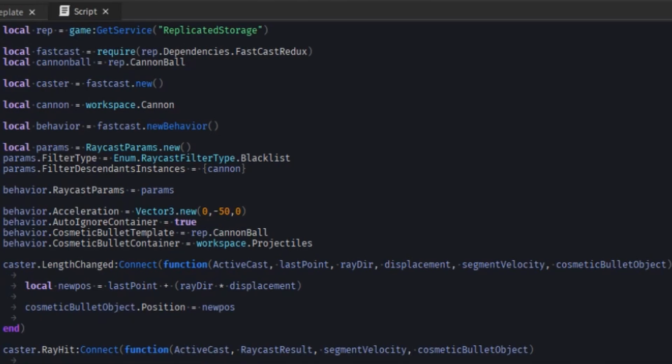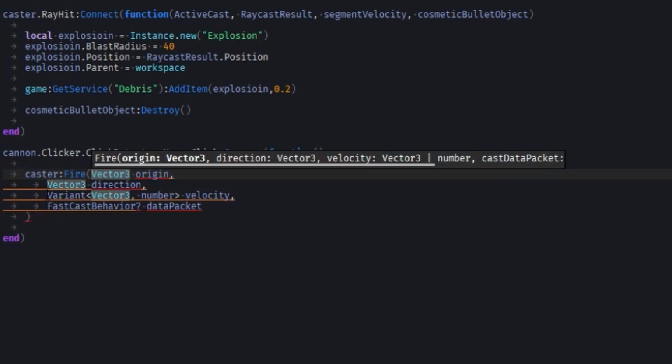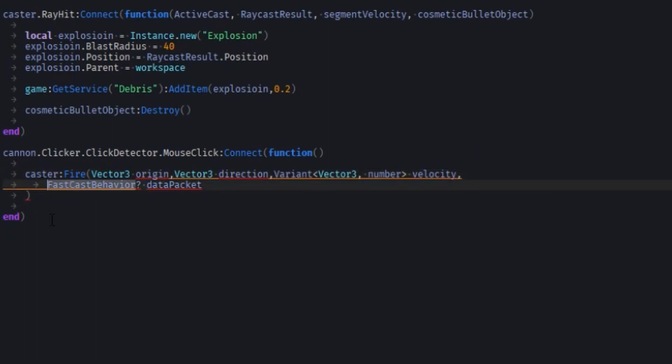Caster, it should be in here. Caster fire, yeah, here it is. Alright, so then all you do is you just use the fire method. So caster fire, it even autofills for me. I don't know why I didn't just try that before, but so you're going to use the origin, direction, and